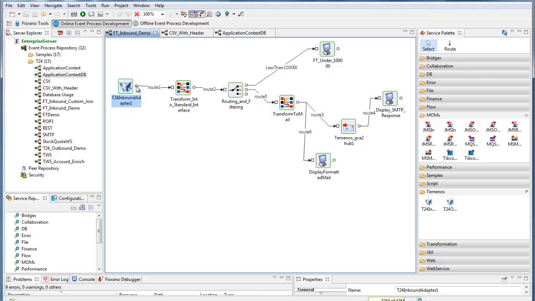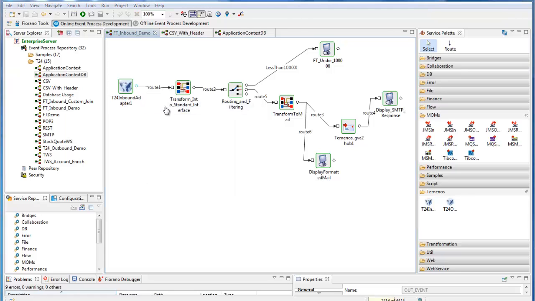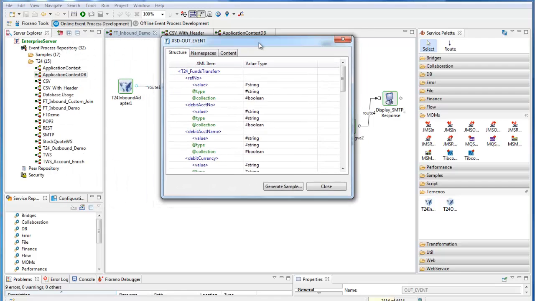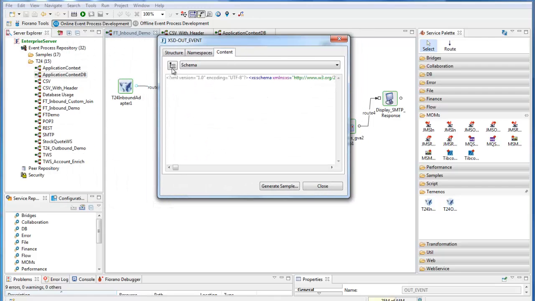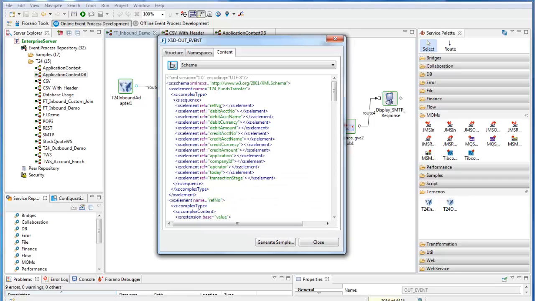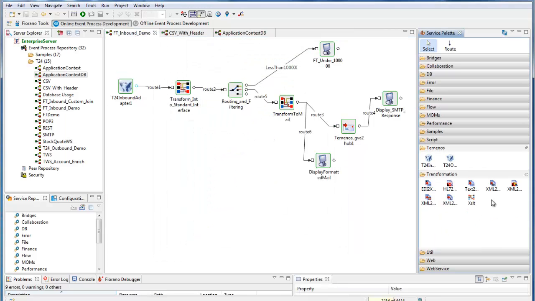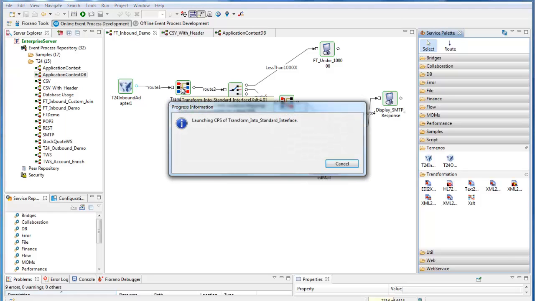So having configured that, automatically associated with this output port on the adapter is the schema which we saw earlier on. The schema that describes the debit fields, the credit fields, and those additional fields that are automatically added onto the end of every event. So what I was then able to do was, from the transformation section, drag an XSLT component on, and if I double click to configure that,